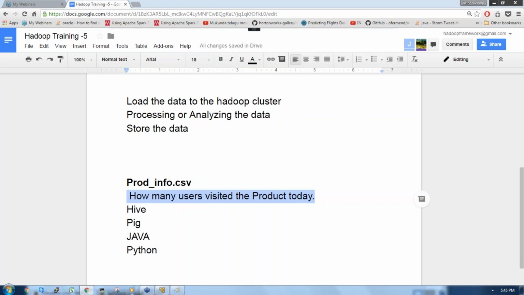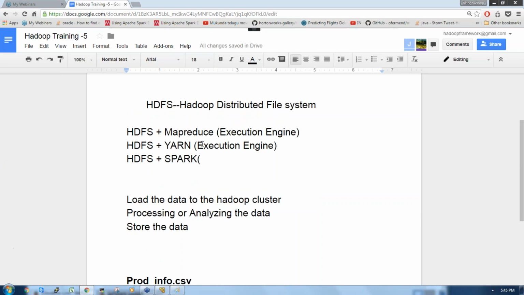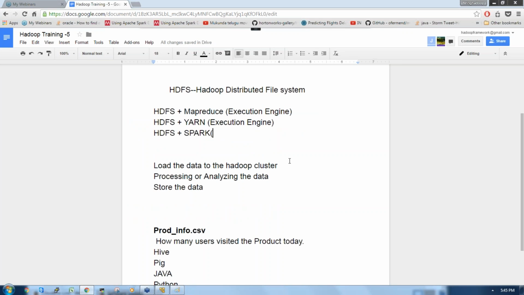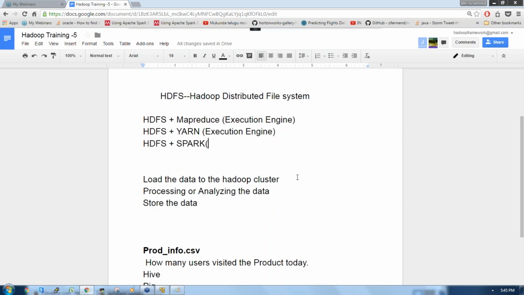So I wrote this query and I press enter. When we press enter, the query should be executed. That execution, the processing, can be done either with MapReduce, or with Yarn, or with Spark. It's client specific. Not all clients use the same thing. Some use MapReduce, some use Yarn, and right now people are using Spark. These are the execution engines.